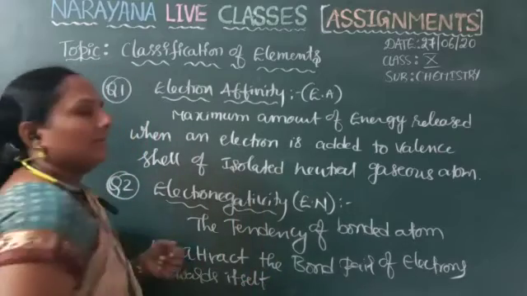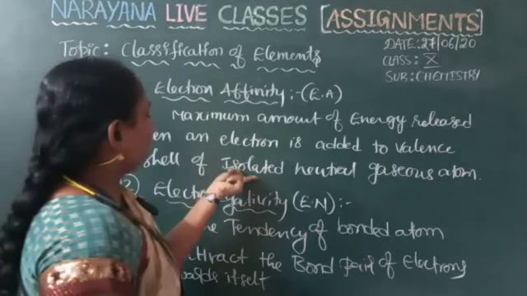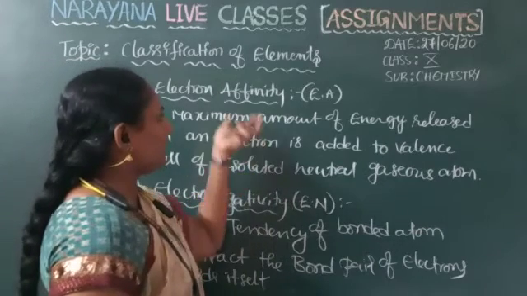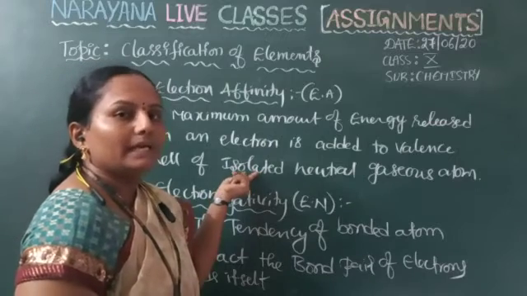This is called electronegativity. So we have here, in the case of electron affinity, isolated means the atom should be